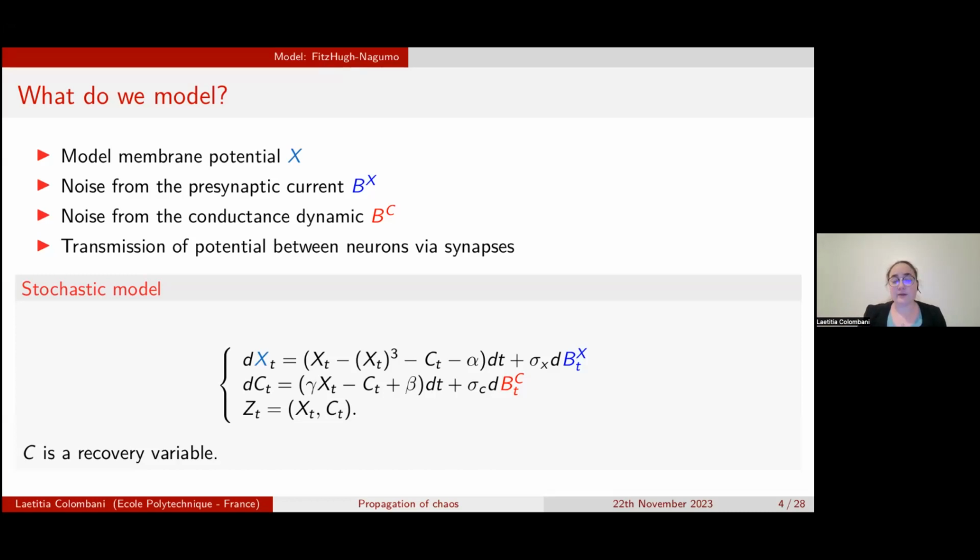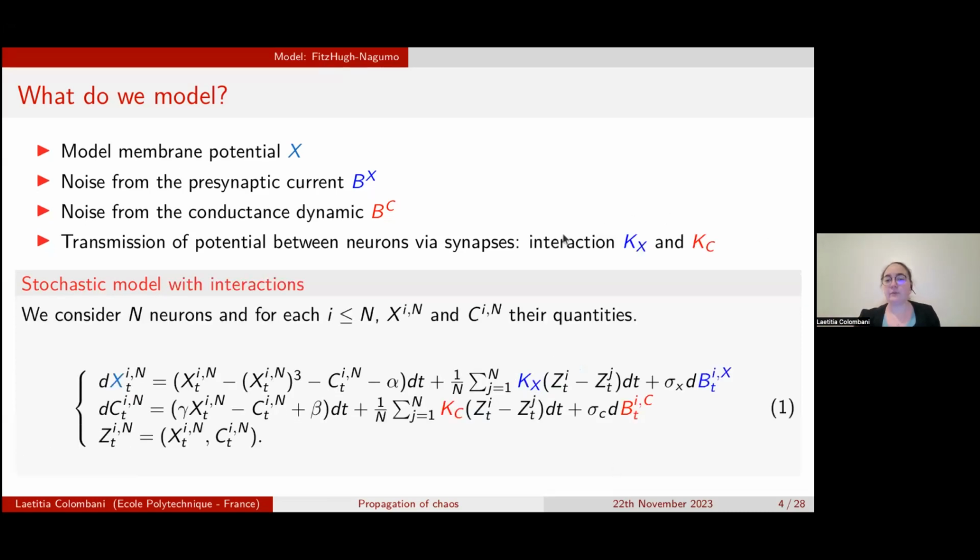And then we want to add some noise to the transmission of potential. So we add a lot of neurons, and we will add some interactions, Kx and Kc. Kx will be the interaction on the equation for X, and Kc on the equation for C. So we will consider n neurons, and for each neuron, the dynamic is the same. So we have the same drift with the cubic term, the same noise, and we will add some